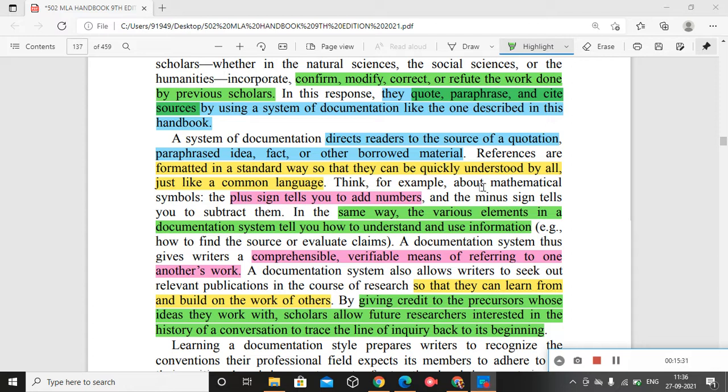And I told you, the chance is there that one particular text can have different revised editions, or the same text by the same author can be published by different publishers at different time periods.